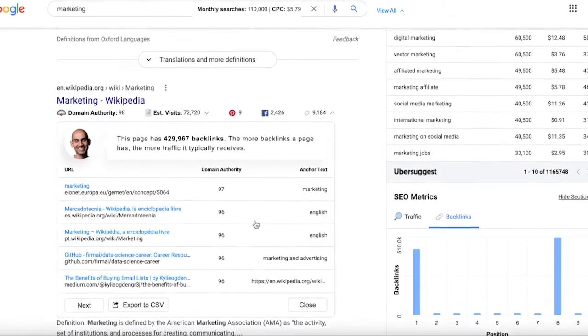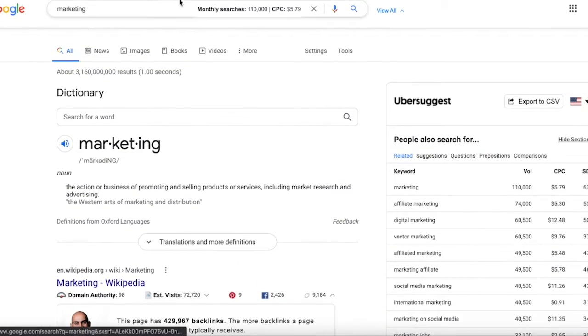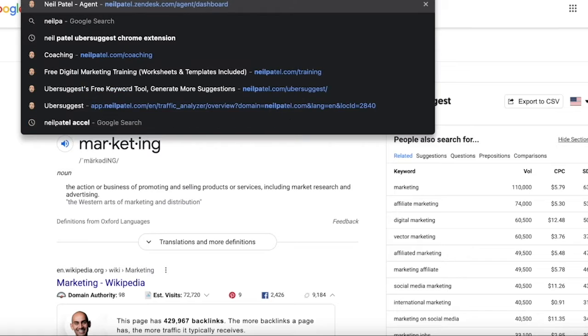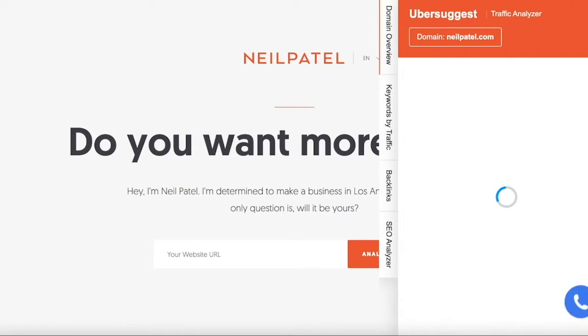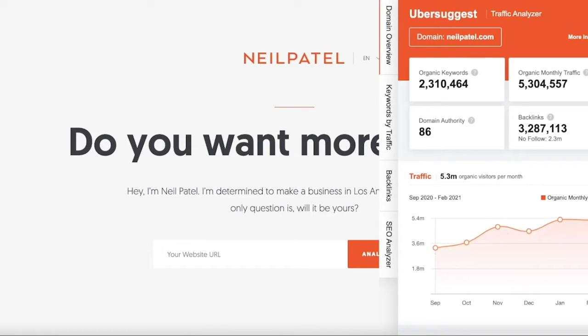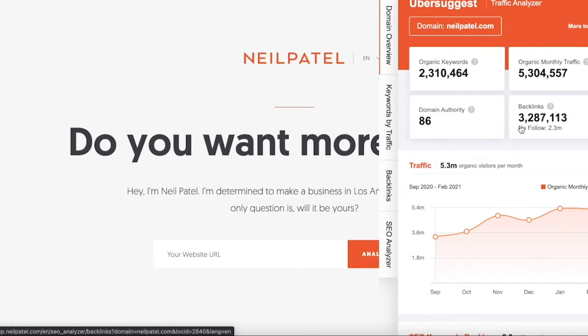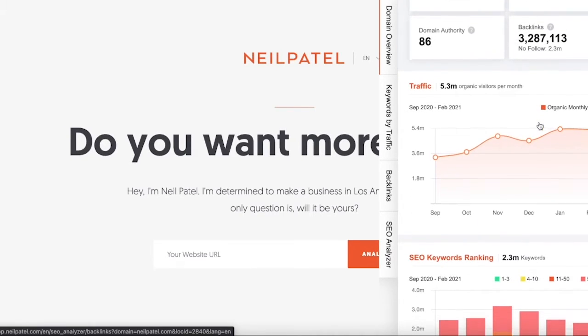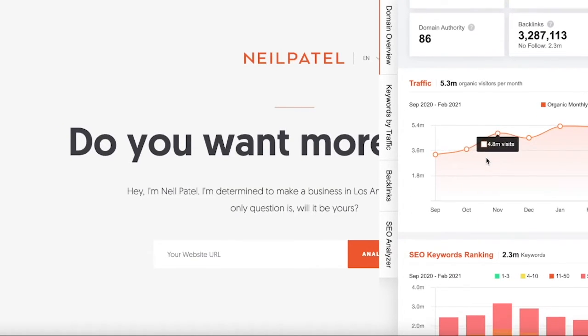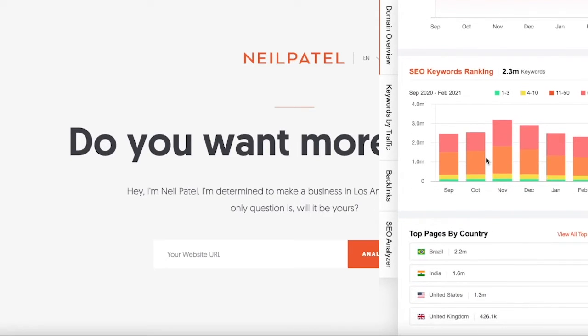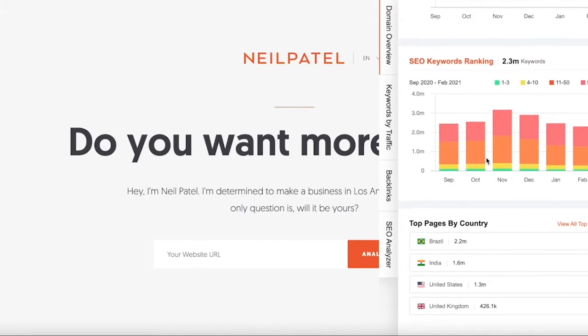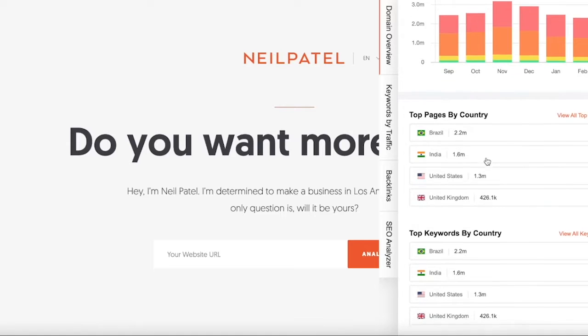Now, if you want to get more competitive intelligence, say your competitor is neilpatel.com. I highly doubt it, but let's just say it is. You can get a breakdown of a specific website's traffic overview. So you see here a breakdown of organic keywords, organic monthly traffic, the site's domain authority, and the number of backlinks they have. Their traffic trends over time, their top SEO keywords rankings trends, their top pages by country, and